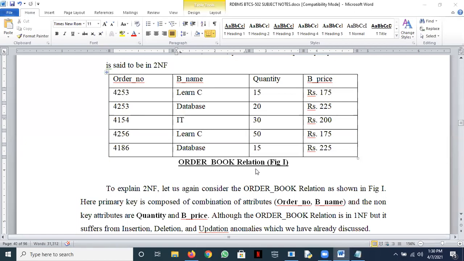Sir, I'm asking if the book price is giving the sum of value of all the quantity of the book. No, then obviously it is dependent on both of them, the composite key. Then the table is in 2NF, no problem. But the problem that we have taken, according to it, has a problem of partial dependency, right? Okay, sir. All right.